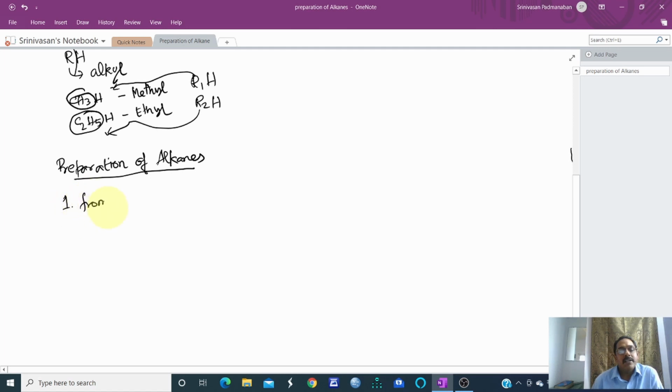The first one is preparation from alkene. We started with alkane; alkene, with the ending -ene, means that we have a double bond. Suppose I write the first member in this. A double bond compound we call an alkene. This one specifically is ethene. From here, we are going to prepare an alkane. From this we will be getting this. So this is from alkene to alkane.